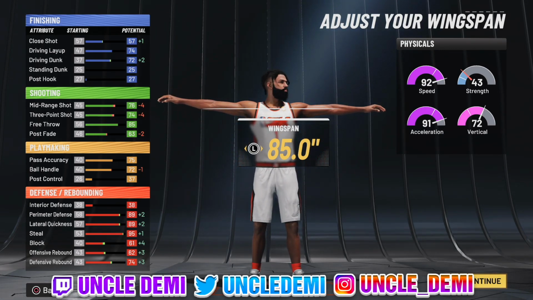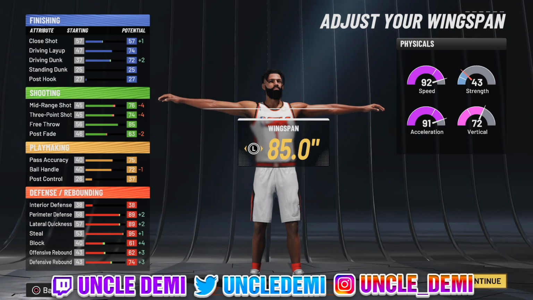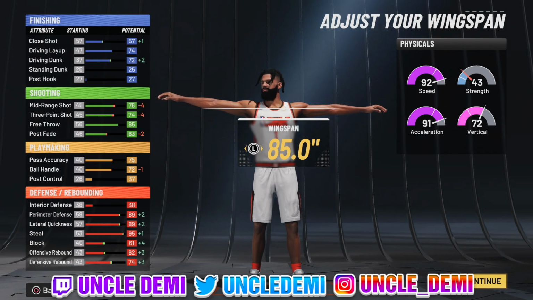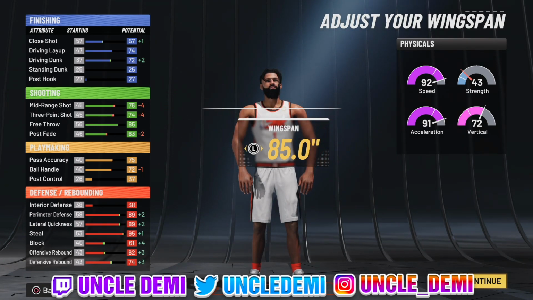Trust me, with the 16 gold shooting badges, you should shoot very consistent in the corner. And then on your playmaking, you get a 79 pass accuracy with the 76 ball handle. This is very important because you are able to get the pro dribble animations. You could be a secondary ball handler if need be when it comes to the rec or in Pro-Am. You also have the 79 pass accuracy with the Go Bullet Passer to help you out a lot for making